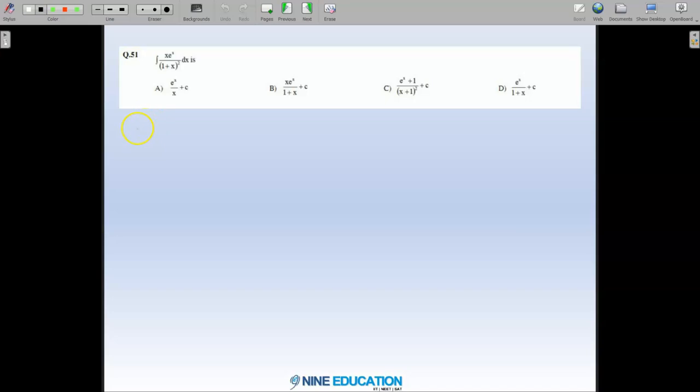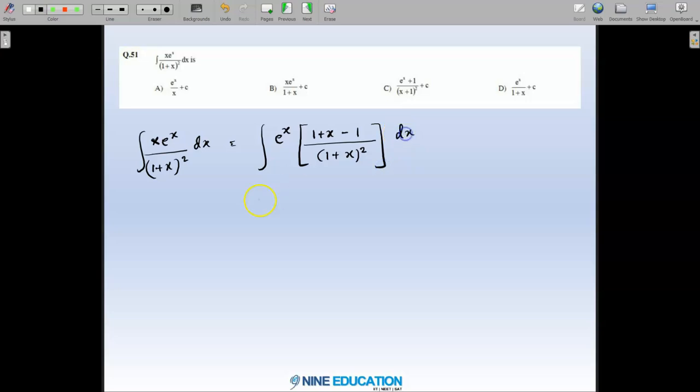Question number 51 says integration of x e power x divided by (1 plus x) whole square dx. Here, let's write e power x separately, and whatever is the numerator remaining, that is x, can I write it as 1 plus x minus 1? The moment you write it as 1 plus x minus 1, you can see that the denominator part can now be separated and written as e power x [1 by (1 plus x) minus 1 by (1 plus